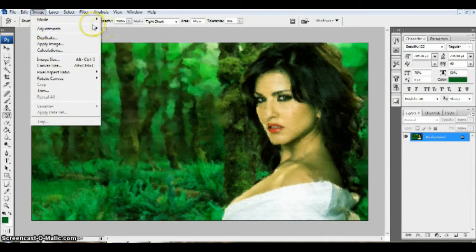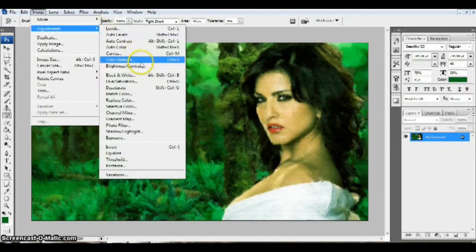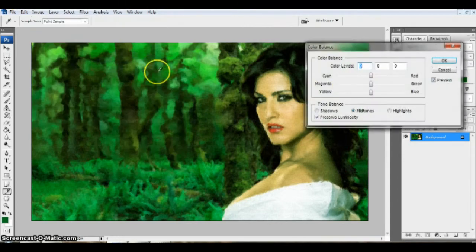I'm also going to edit the colors, just to give it a more natural, painting-like touch. It should look less like a digital image, and it should not look fake. So I'll go to color balance.